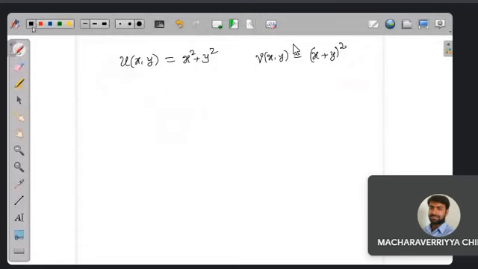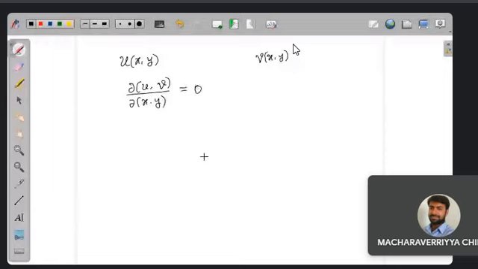Alright. So supposing you have two functions, u of x comma y and v of x comma y, and you find the Jacobian. I mean the determinant. If I say Jacobian matrix, we will write the matrix only, but for the Jacobian, we will take the determinant of the Jacobian matrix. So the Jacobian of uv with respect to xy, suppose it is equal to 0, then definitely,